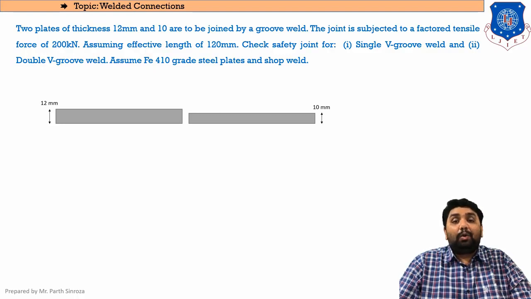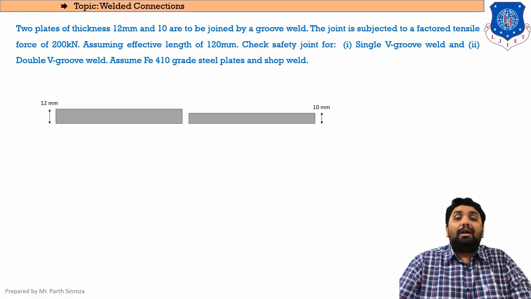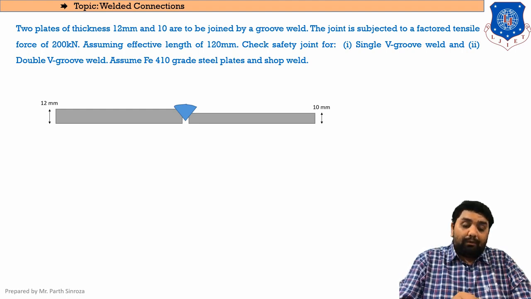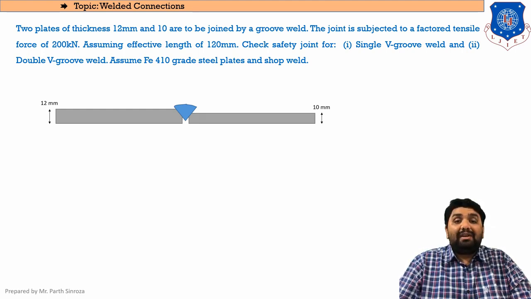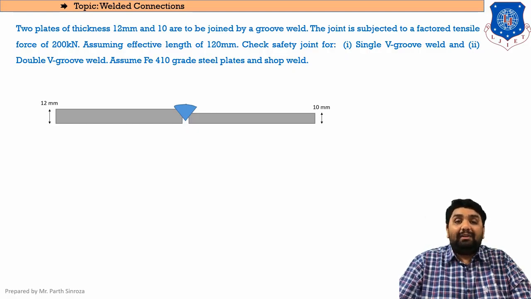So if the weld is filled only on one side, that is either top or bottom, it is known as single groove weld. And if it is filled on both sides, that is on top side as well as on bottom side, then it is called a double groove weld. For example, if we are welding in just this top portion and it is given as a V groove, the shape of this weld will be V. It can be a V, U, J, any shape. In our syllabus it is considered to be either U or V, but shape doesn't matter. It just refers to whether it is a groove weld or a fillet weld. Clear? So in this case you can see that a single V groove is provided.